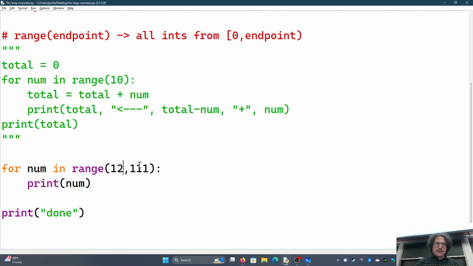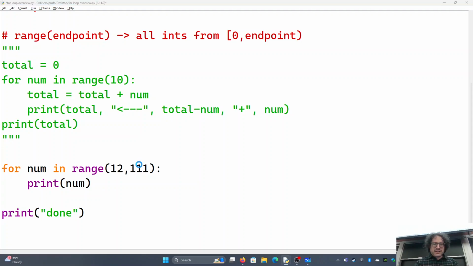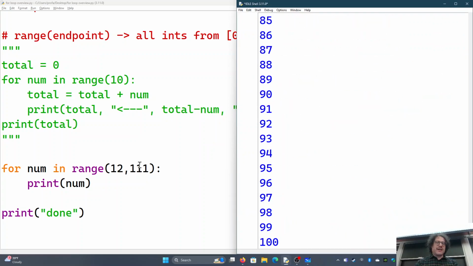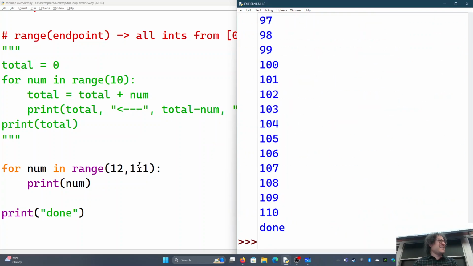And 12, that should print out 100 numbers. Sorry, 99 numbers total, which I can just tell without actually having to count it. Now, why can I do that? Even though it's a weird range of numbers, it's